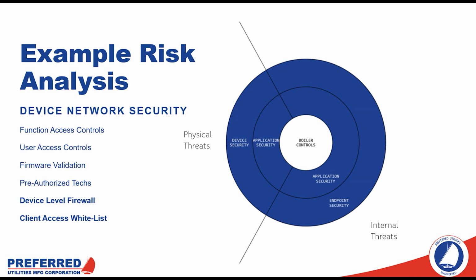And then the next part here is where we start to diverge. So the physical threats rely on device security characteristics, and now the internal threats, the features that we rely upon, most commonly in the IT world we call those endpoint security features, but I understand that term is probably not common in most circles outside of IT. But with that being said, the two additions that we now have for preventing unauthorized access on an internal network